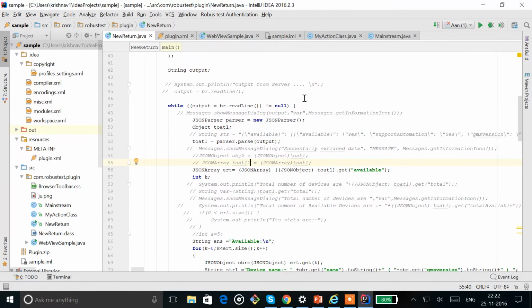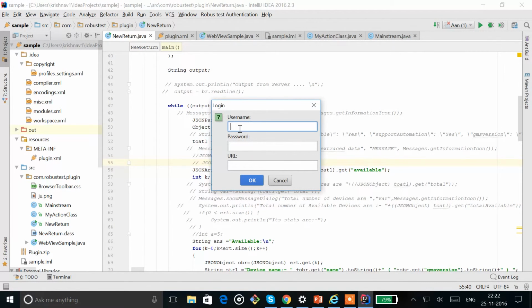Once we have restarted the IDE, there will be a new tab, Robust Test Authentication, in the plugin, and it has the options Authentication and Web View. First, the user has to authenticate, so select the Authenticate option. Now, the user needs to enter his credentials.